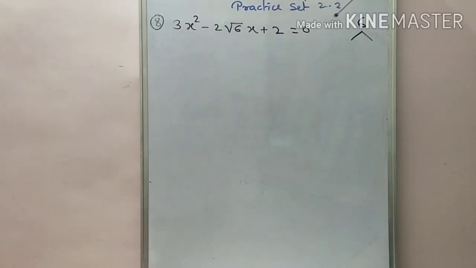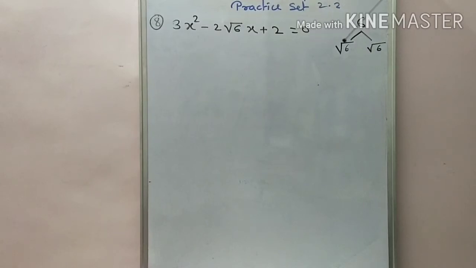3 2s are 6, and we have to find the factors of 6 such that the addition gives the middle term. But here the middle term is what? Yes, it is an irrational number. In 9th standard we have the surds topic, and according to surds, we do addition or subtraction of like surds only. Means as you have to find the addition as 2 root 6, both factors have to include root 6.